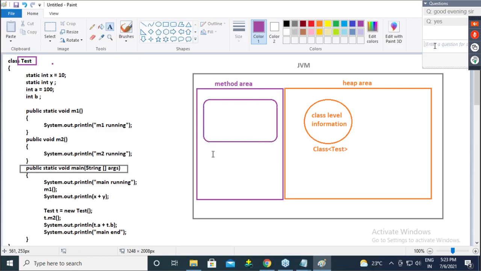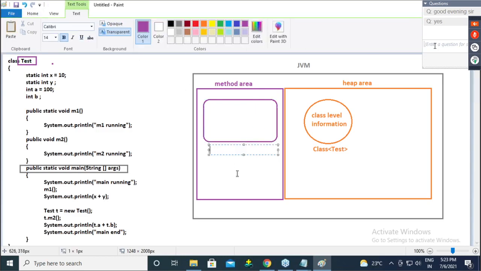Let's say, guys, this is the memory for test class static members. Always remember, guys, the method area is the place where all static members exist. So can I say, memory for static members of test class?